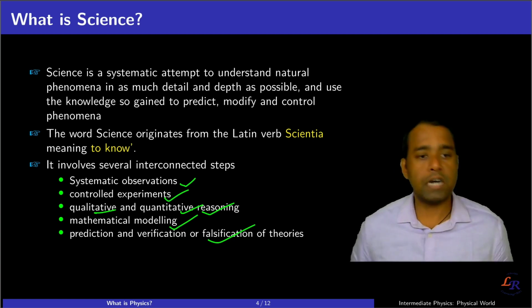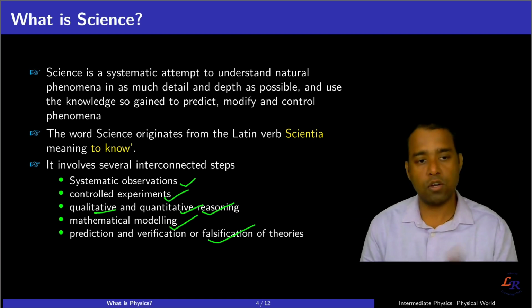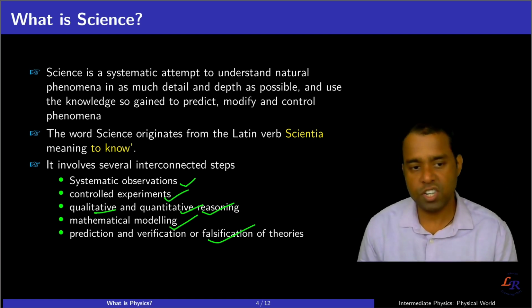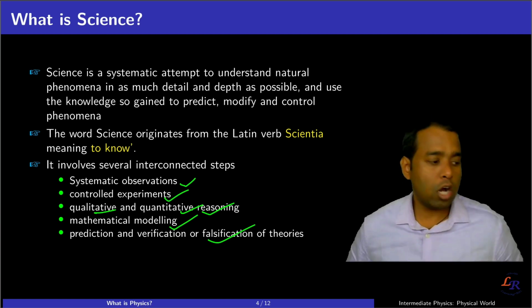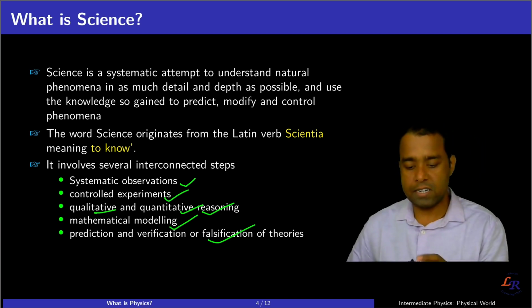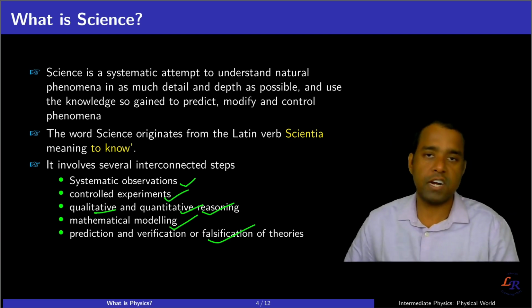And of course, as I mentioned, once you have this verified, you have a complete good model based on your controlled experiment and systematic observation, then you can have a prediction, right? Prediction in the sense that now you know that if I did the experiment for a 2 kilogram object, for 10 meter height, 20 meter height, for a 100 gram object.